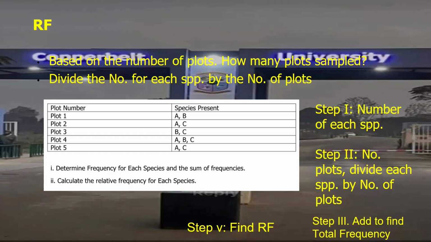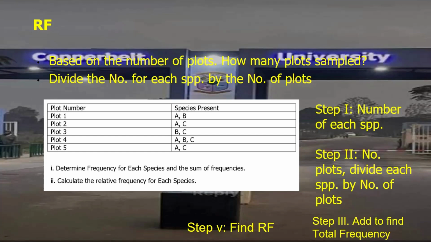That's the relative frequency for species B. For species C, the frequency is 0.8 divided by the total frequency of 2.2 times 100, which is giving us a relative frequency of